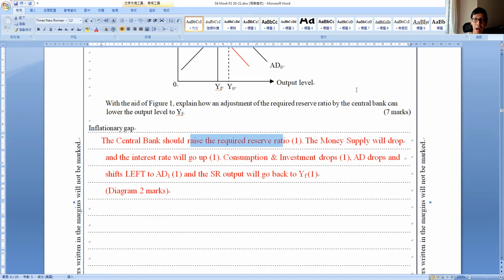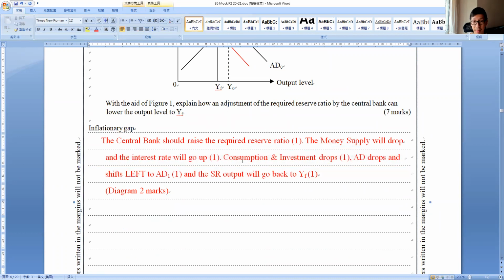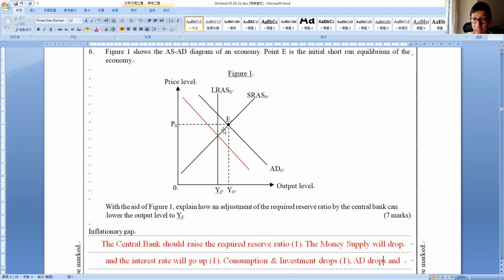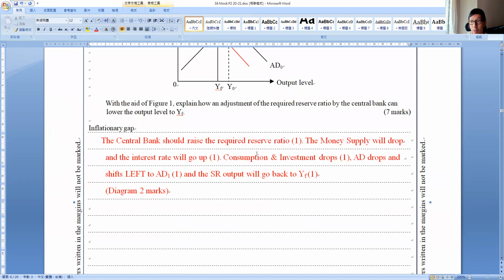Because with higher RRR, we know money supply will drop and interest rate would go up, meaning C and I would drop, AD would drop also, 好嘛 AD 就會跌啦 and short run output would shift from Y0 to YF. OK，好嘛？所以你記得啦，呢條啦，我哋 shift 翻向左邊嗰度啦，好嘛？Remember, this is to increase the RRR，係嘛？